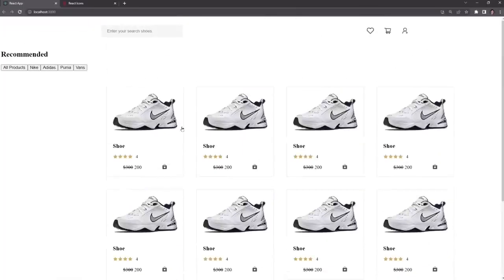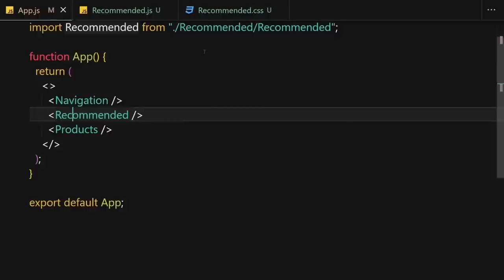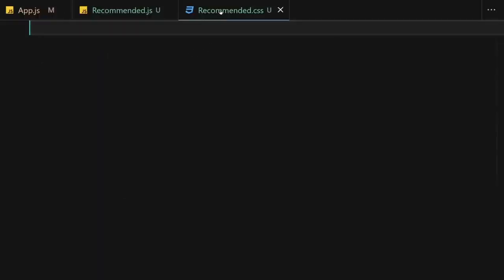So I'm going to save my file, and here you can see we are now getting all of these buttons right here, and also this title right here as well. So now the next thing that we have to do is take care of the styling. So what I will do is select my recommended,